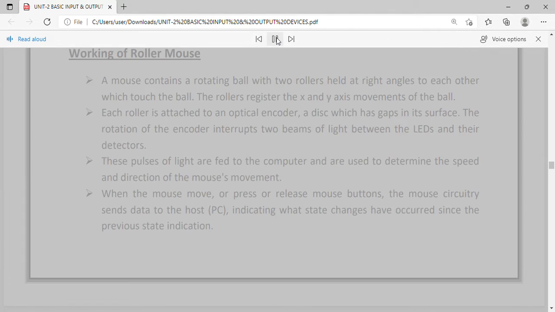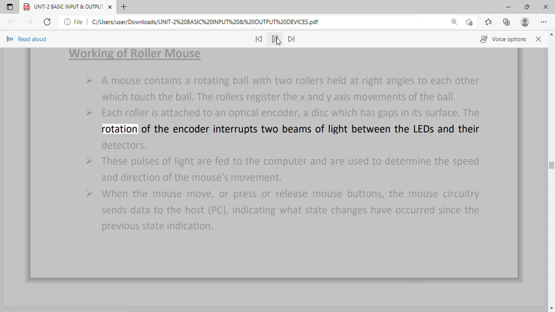Working of roller mouse. A mouse contains a rotating ball with two rollers held at right angles to each other which touch the ball. The rollers register the X and Y axis movements of the ball. Each roller is attached to an optical encoder, a disc which has gaps in its surface.